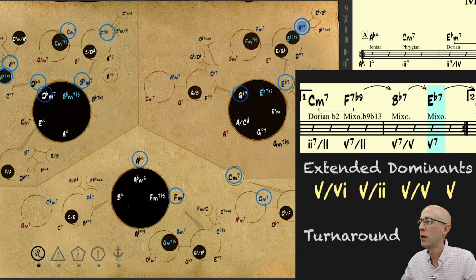We've changed that 2, 5, that B flat minor 7 to a B flat 7. And then we're going to find the 5 of B flat, which just so happens to be the chord that's already there, the F7 flat 9, so we don't have to do anything with that. We can leave that alone. And now all I need is to find the 5 of F7. And that is over here, C7, flat 9. So now I have this really cool extended dominant sequence.